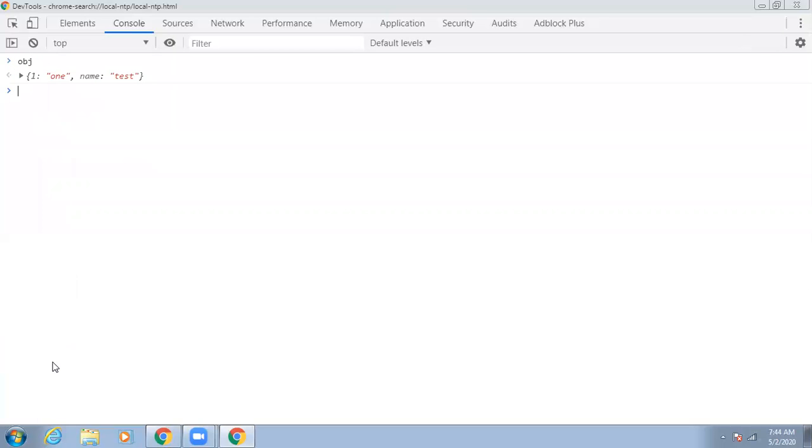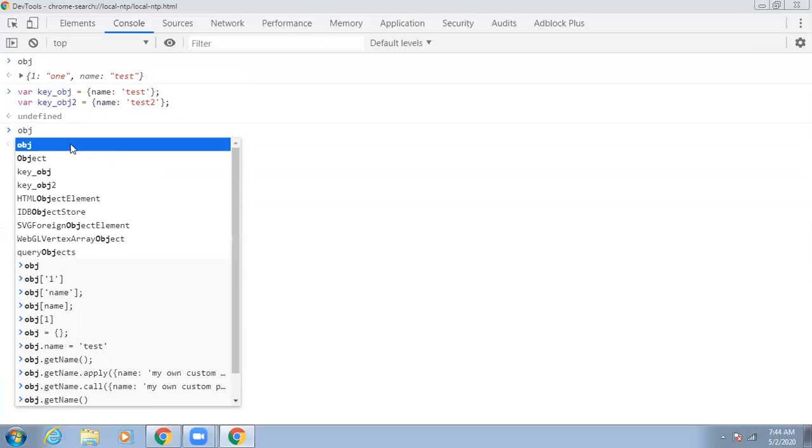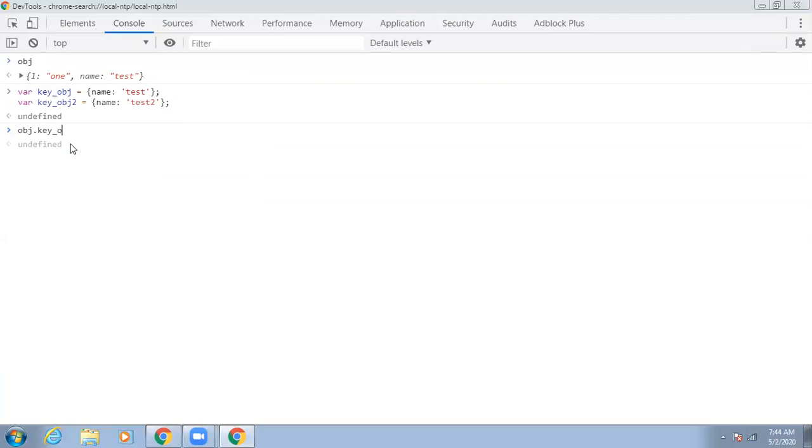Let us come back to this. This is obj and these are the two objects. So let me assign obj dot key obj2. Not like this, we'll go for it like this. Key obj is a property and I'm assigning a value called object. Which means that my key is going to be another object, right? See how it is going to be defined.